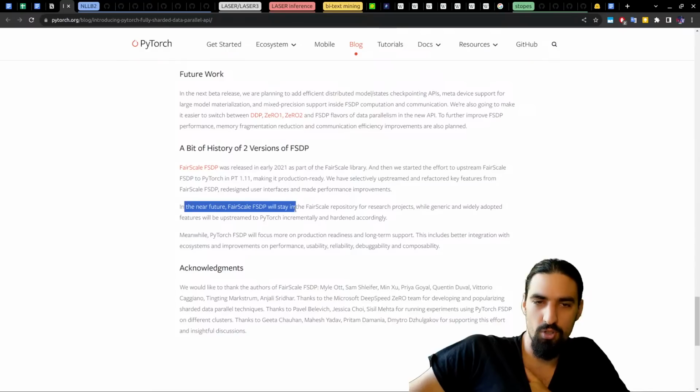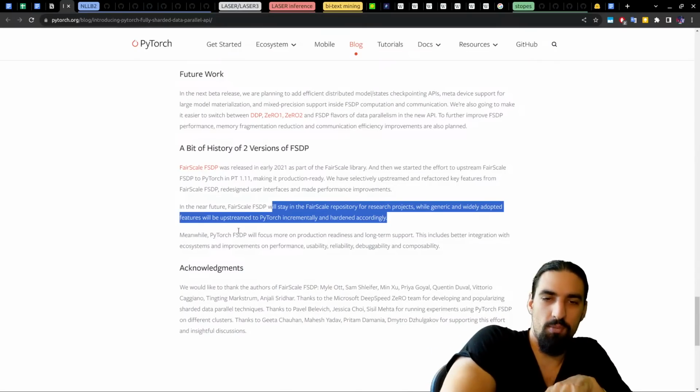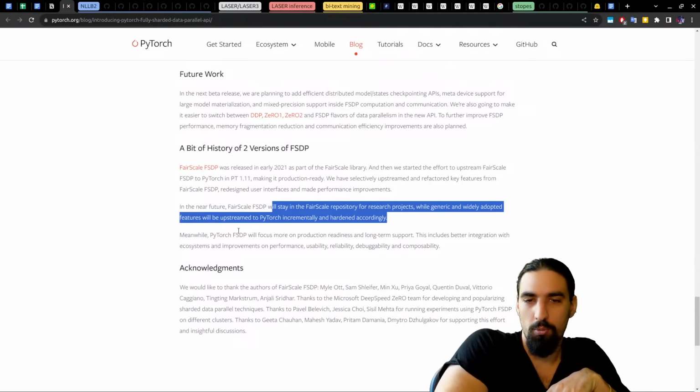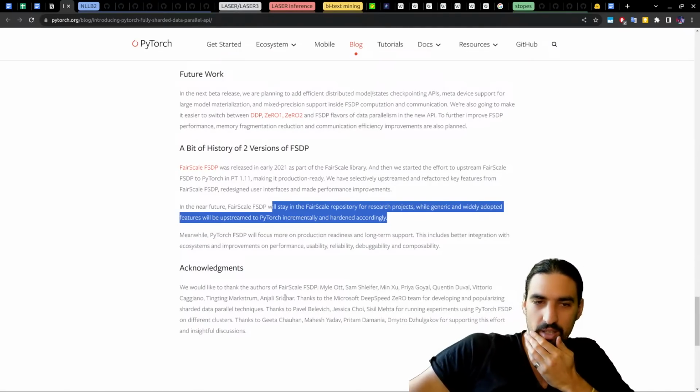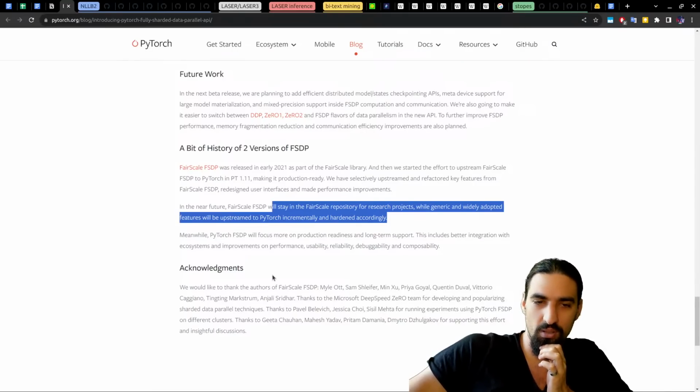In the near future, Fairscale FSDP will stay in the Fairscale repo for research projects, while generic and widely adopted features will be upstreamed to PyTorch incrementally and hardened accordingly. Meanwhile, PyTorch FSDP will focus more on production readiness and long-term support. This includes better integration with ecosystems and improvements on performance, usability, reliability, debuggability, and composability.